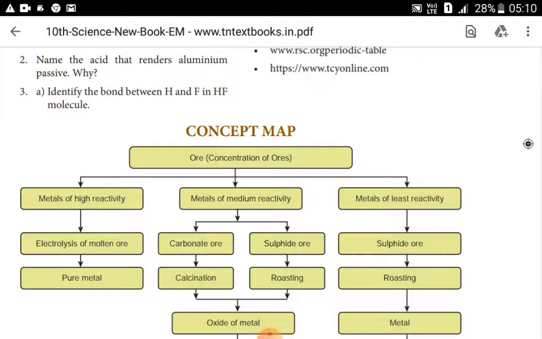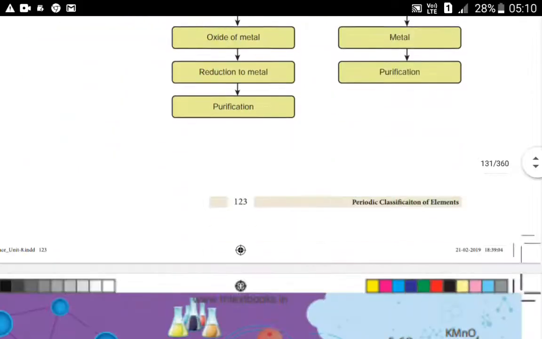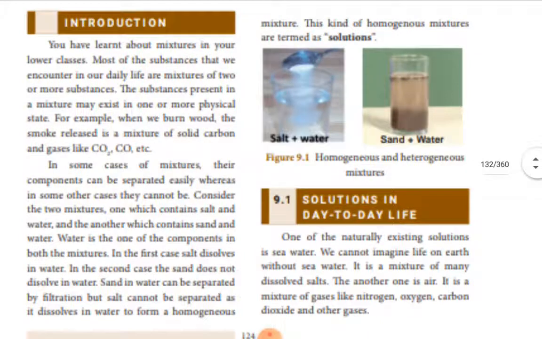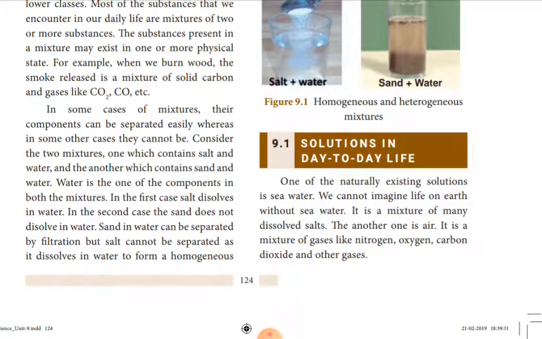to listen and understand the lesson solution. Already we have discussed in the previous class about what is mixture, and when these mixtures